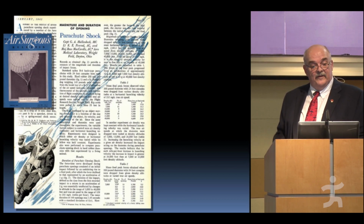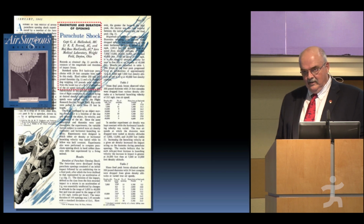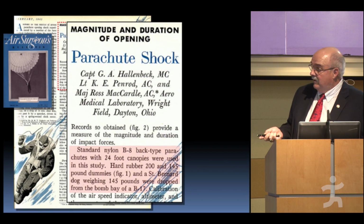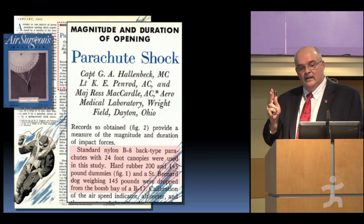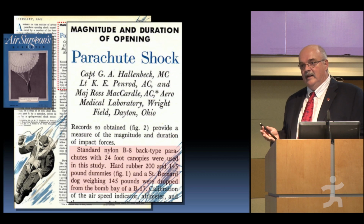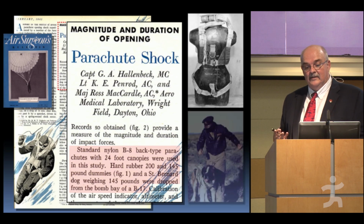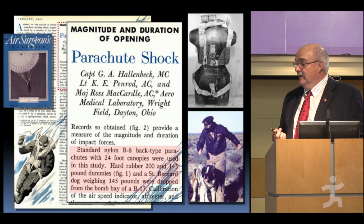So back at Wright Field, they teamed up with the Mayo Aeromedical Unit. And remember the dog? I just pointed out the St. Bernard. Well, they had 145-pound hard rubber dummies and 200-pound ones, but they wanted to make sure the dummy data could be extrapolated to a living animal. So they went to the Dayton Dog Pound, spent $3, and they got Major, the St. Bernard. And they fattened him up to 145 pounds and made him an oxygen mask and a flight suit,